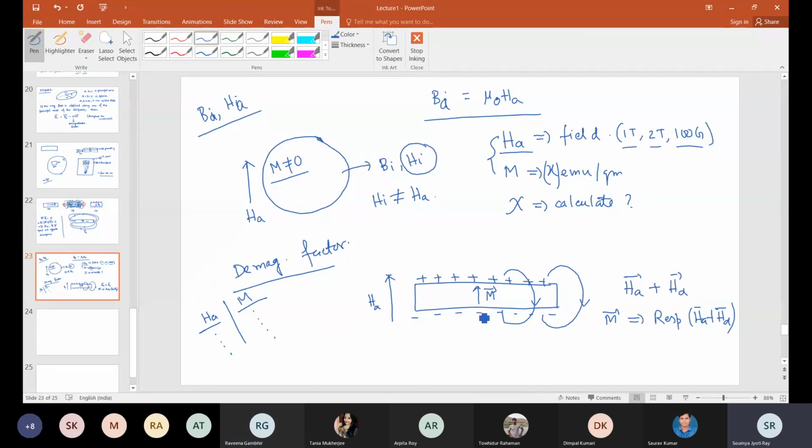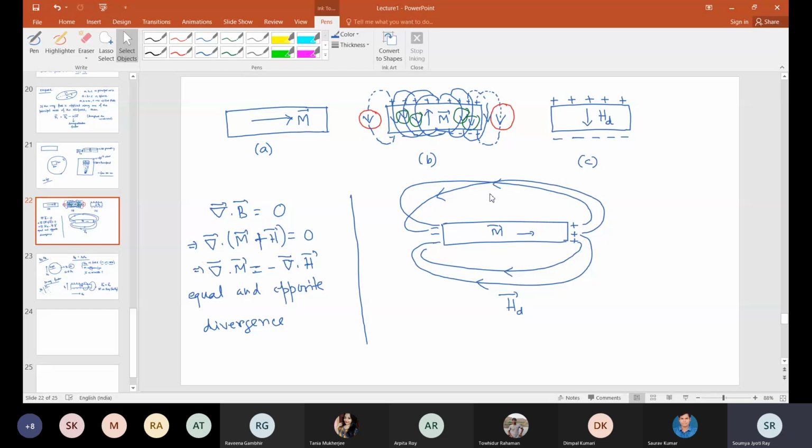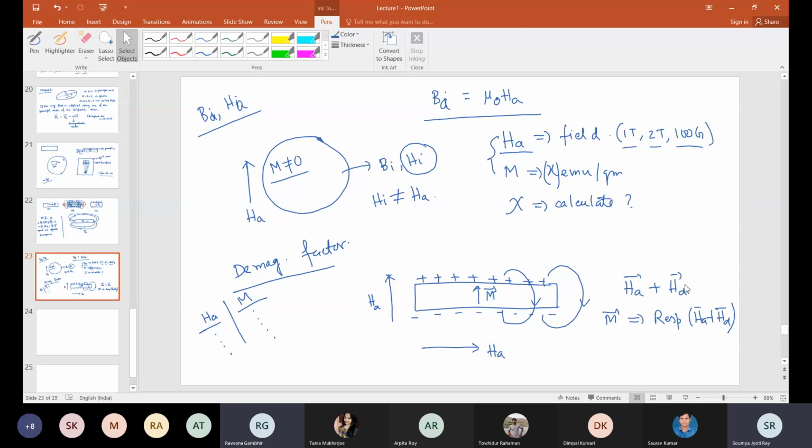But for the same sample, if I do the measurement in the other direction, for example if I apply the field in this direction, then my demagnetization contribution will be almost negligible. Here these demagnetization fields are not passing through the material, so I do not need to consider this contribution at all. There my HA is basically the field that these moments are actually experiencing. So it is simply the geometry of the material with respect to the magnetic field which determines the demagnetization factor or demagnetization value.